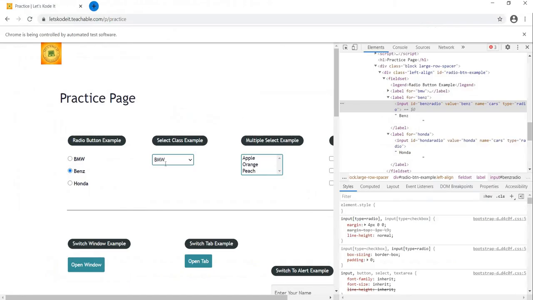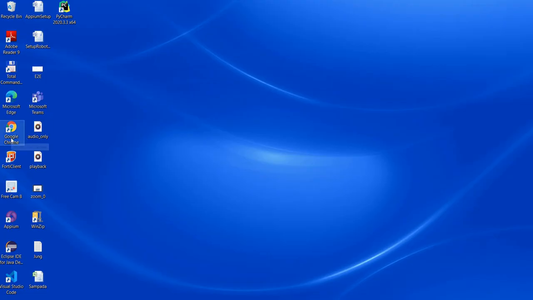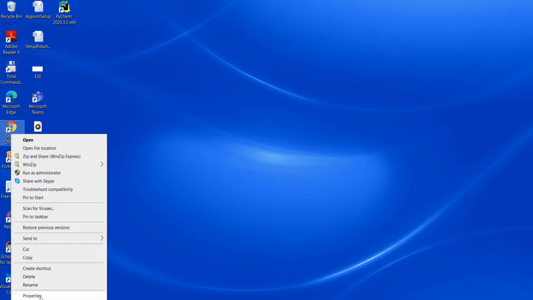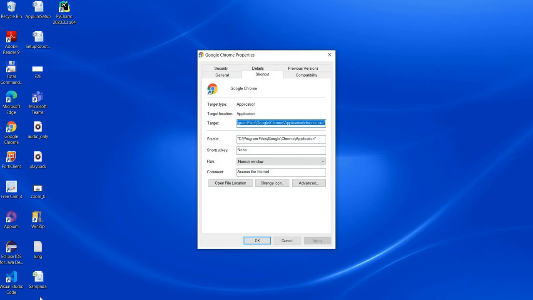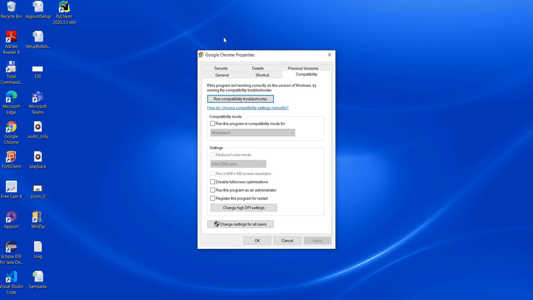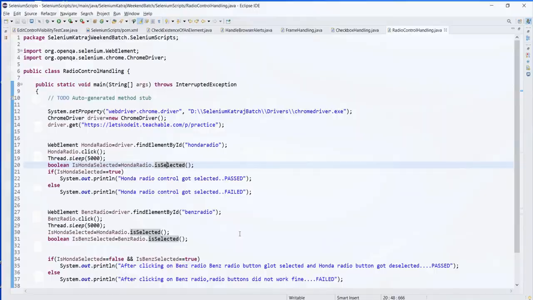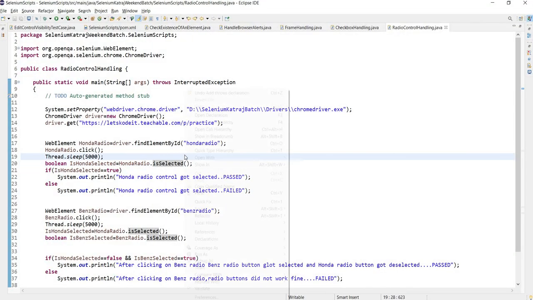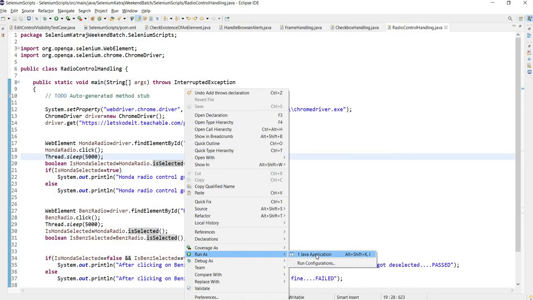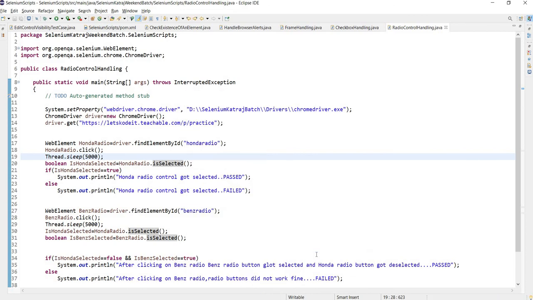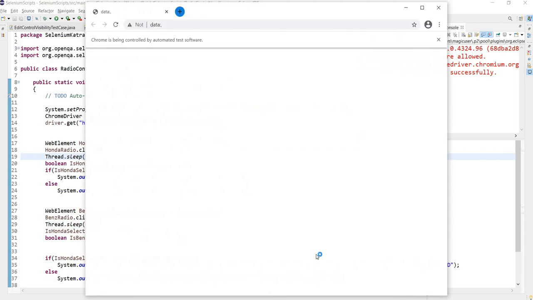Before I run the test, I am changing this compatibility setting because there is some problem: the Chrome version I have is not compatible with the OS I have. So I just need to keep setting it. I have not yet found out the problem, but you guys don't need to do it. You can run the test directly once you are done with writing.